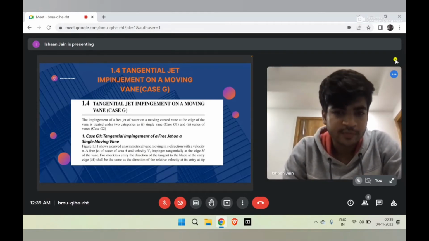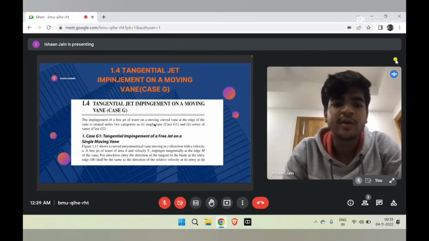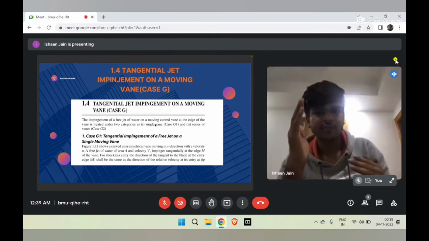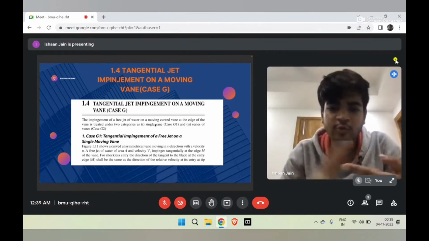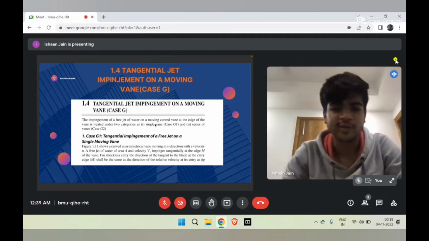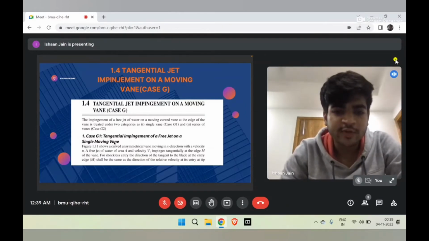So the impingement of a free jet of water on a moving curved vane at the edge of the vane is treated under 2 categories। इसमें जो हमारा जो जेट की impingement होती है वेन के ऊपर वो दो केसेस में डिवाइड करा, when the vane is single, और जो वेन है वो एक सीरीज ऑफ वेन्स में डिवाइड है। तो सिंगल मूविंग वेन जो हमारा केस बना उसको हम डिस्क्राइब करते हुए हम ये बोलेंगे,